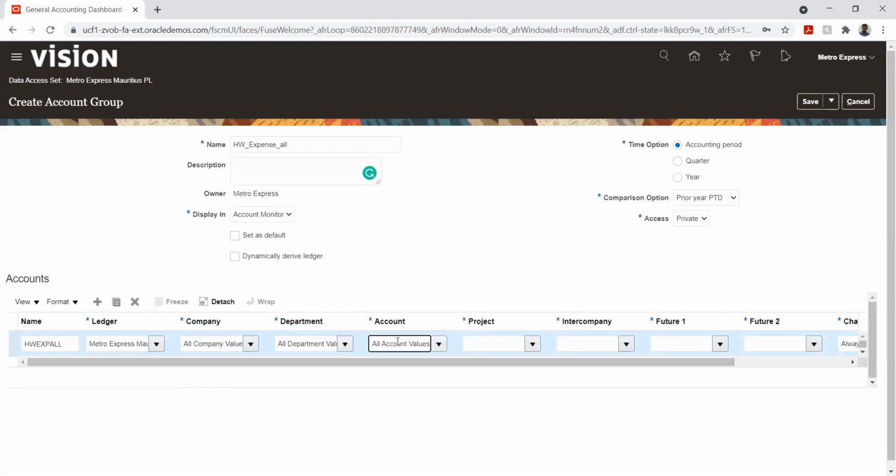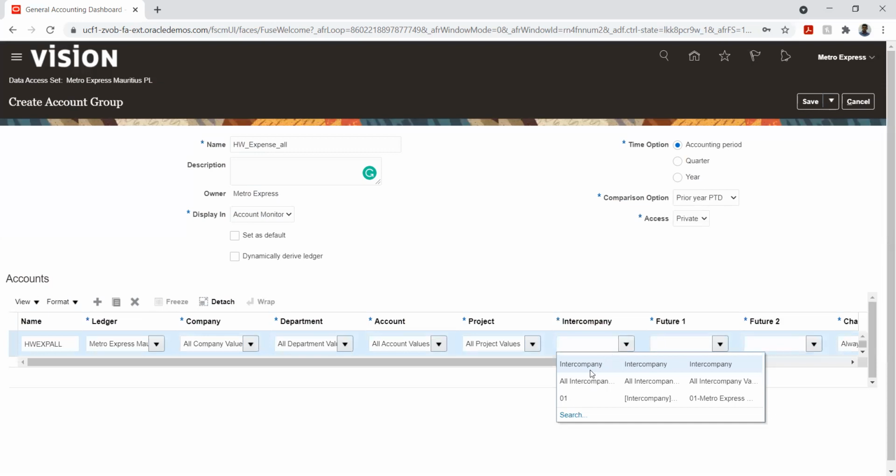So if I want to track all the accounts, simply I can give all accounts. But let's say I wanted to give any particular sequence. Let's say I have accounts starting from 1 to 50. So I don't want to track my asset accounts and my revenue accounts. So in this case, what I will do is create another line stating that, so I'll give here